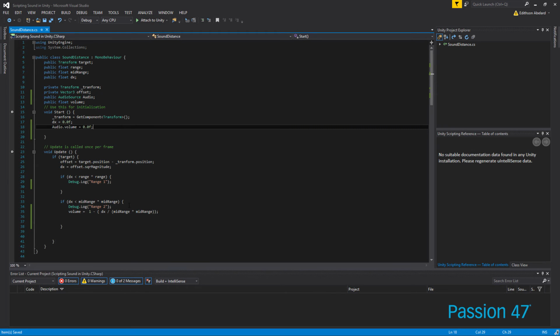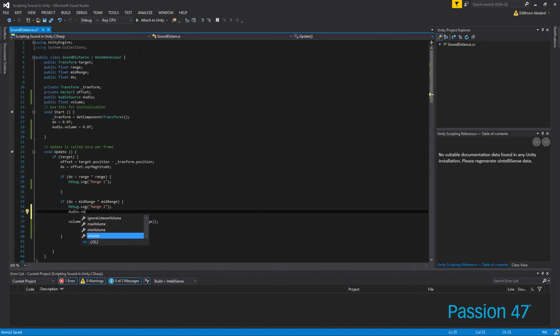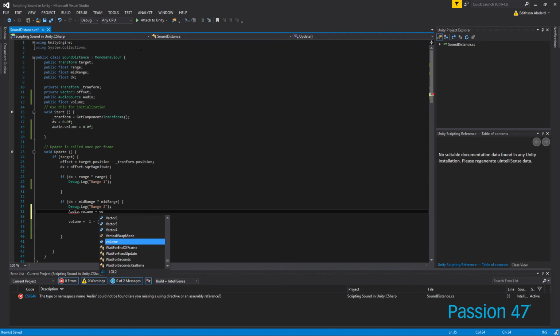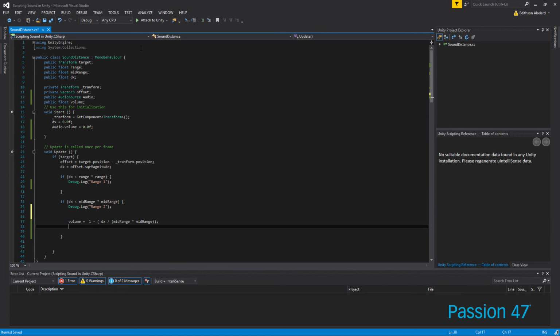Setting the volume to 0 because we just don't want to hear it. Now there are things you can do in here, like make sure it's not playing. But we're just going to keep this simple so we can just jump right in, because prototyping is all about getting it to work. We can clean it up all later. So we can say audio volume is equal to volume. I'll move this in a second. And that's really it. Once we set this equal to volume and we hit play in Unity,